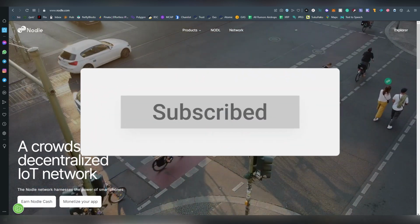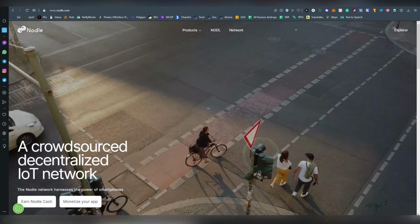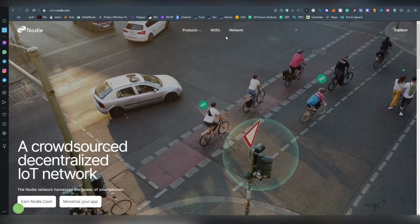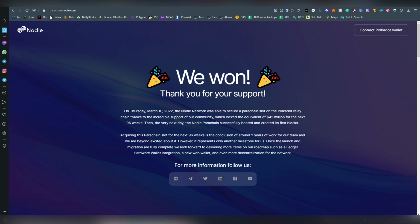As it says here on the website, they are a crowdsourced decentralized IoT network, basically using the power of smartphones, more specifically Bluetooth technology. They recently secured a parachain slot in the Polkadot ecosystem back in March, and $42 million worth of Polkadot was locked for 96 weeks. That is a very impressive achievement for them, and that obviously introduced them to potential partnerships in the Polkadot ecosystem,